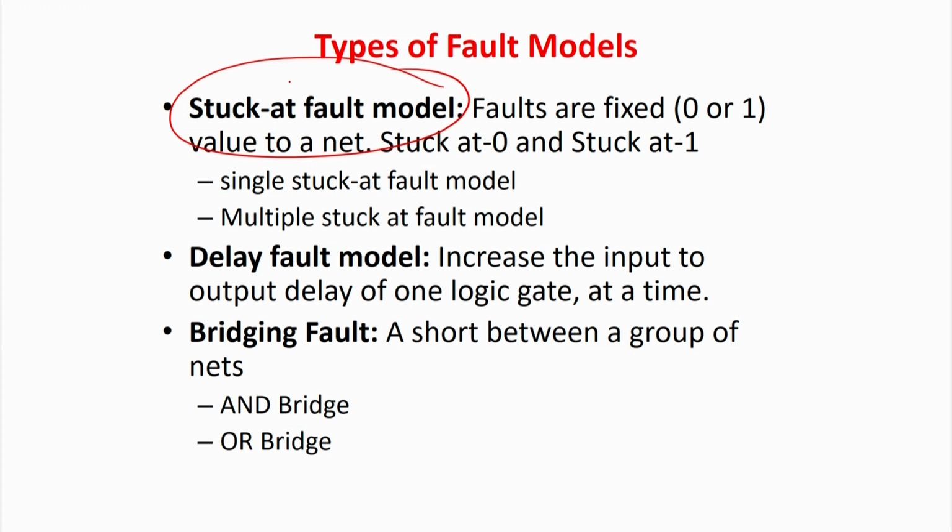One of the very important ones is called the stuck at fault model. They assume that each net will be either stuck at 0 or stuck at 1. There is something called the delay fault model, that is, the time taken to go from 0 to 1 is higher than the specified rate, and also the delay to fall from 1 to 0 is higher than the specified time. Bridging fault: between two gates there can be a short, and the short can be an AND short or an OR short. These are two independent lines, but due to some short it will behave either like an AND short or like an OR short. There are different types of fault models, but these are the most accepted ones.